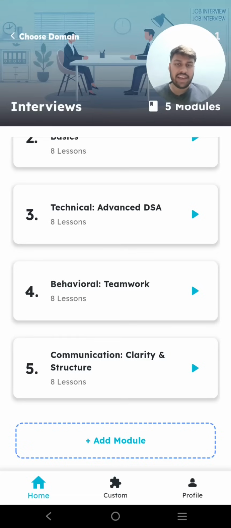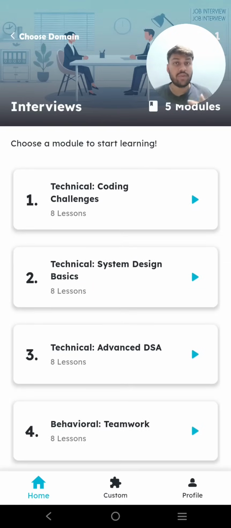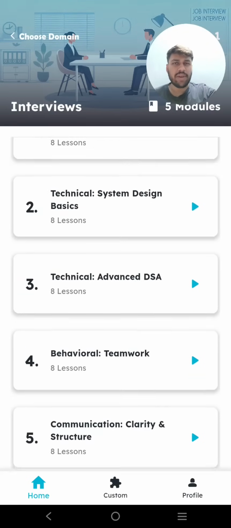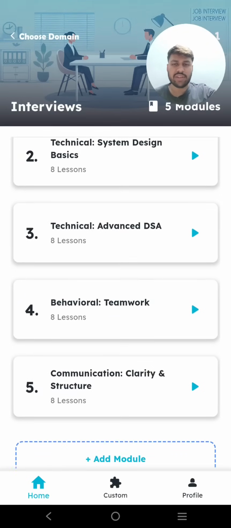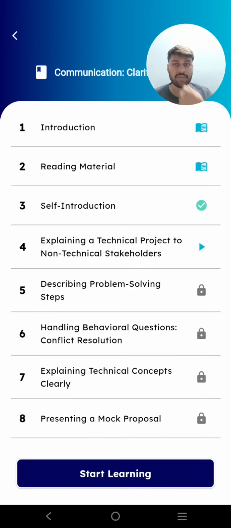So, gladly, I have Gleo AI to practice and brush up my skills. Depending on the kind of interview that I have, I can select the module. Since it's going to be a behavioral round, I will just select communication, clarity, and presence. And it will give me a series of questions to ace that particular module. So let's get started with the simple one, which is self introduction.